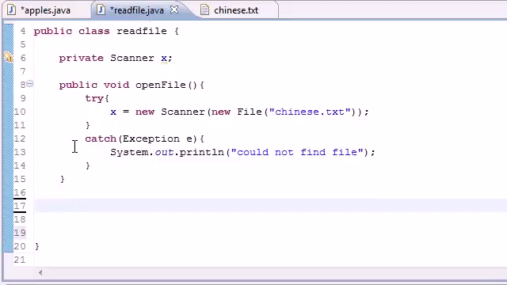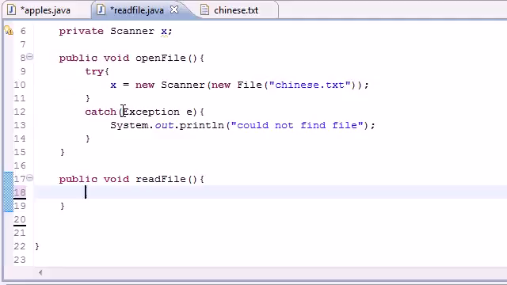So what method do we need after this? Well, this tutorial is all about reading files, so let's make a method to read the data from that file. So public void, just name it like read file or something like that. And what we want to do, the first thing we want to do is create a while loop, and it goes something like this: